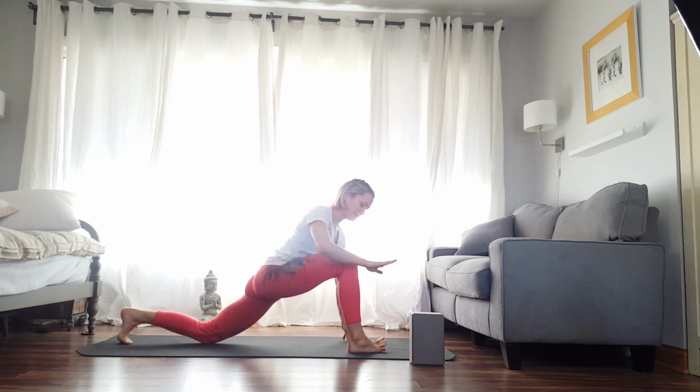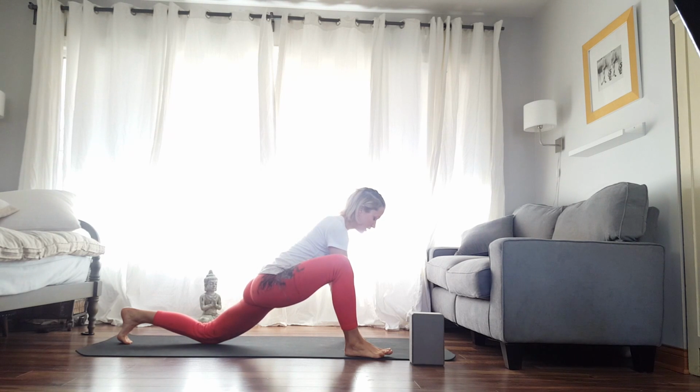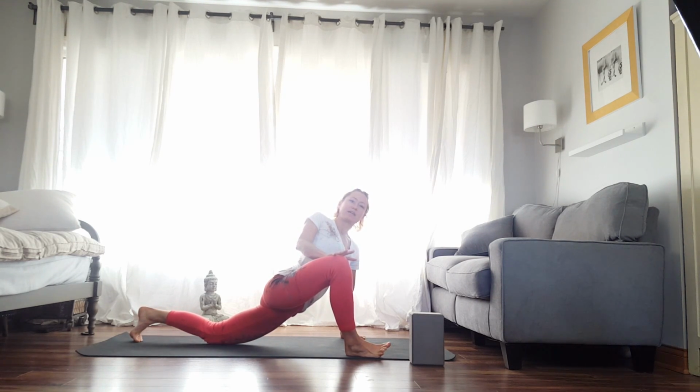Heel toe that right foot over to the right so that both hands can comfortably come down to the floor, and that right shoulder is inside of the right knee here. With the left palm over to the left so that you can just generously lean into it, we're going to place our right hand on our right knee. Peel the heart and belly open, and then just sort of gently guide that right knee away from you here,